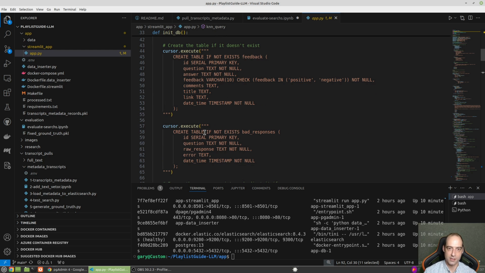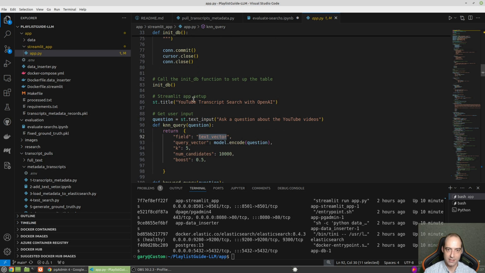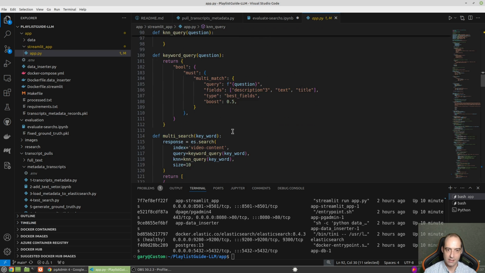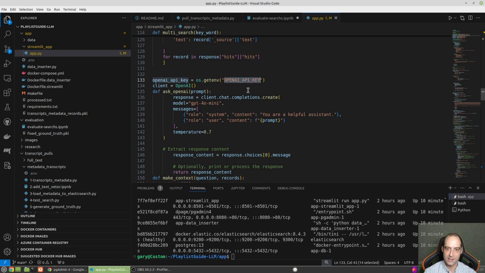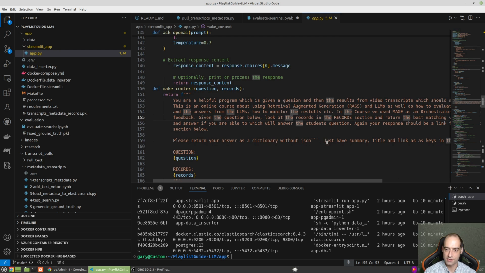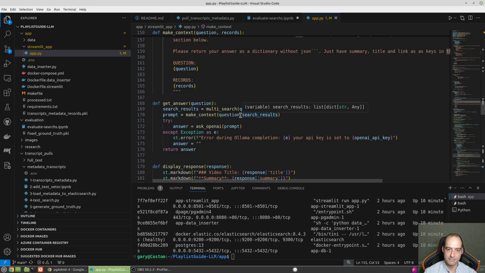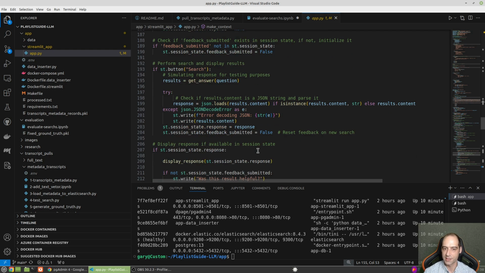If you look through this code, it's pretty simple. It makes the tables, initializes the database, and here is where you're going to need that OpenAI API key. And then you can see the prompt that's being used: please return answer as a dictionary without JSON. That worked pretty well. If you look down here, it did not always work. I think it's working pretty smoothly now. But